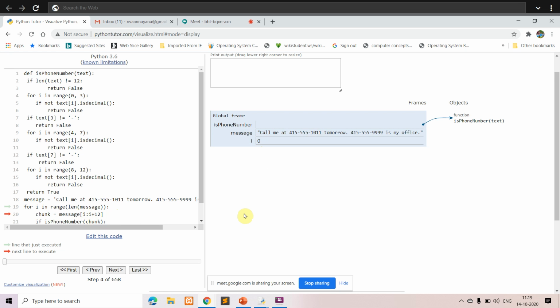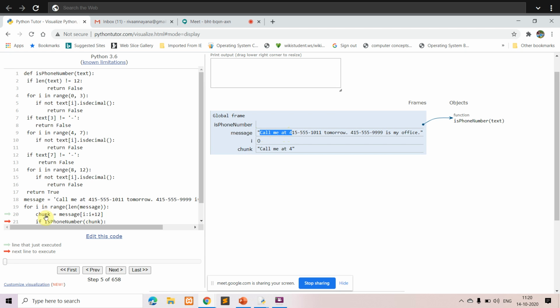So 12 won't be included, it will go till 11. So that much of the range is taken and stored in chunk. You can see here what you have in the chunk now. This was your entire message, and out of your entire message, only this much part is taken at a time.